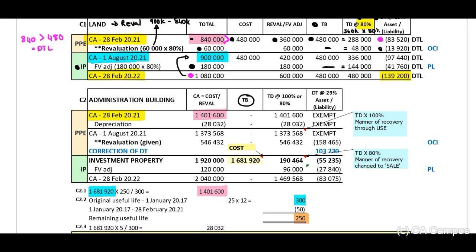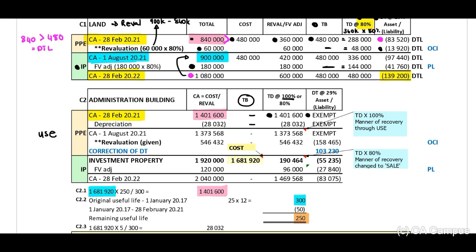Remember, this is an admin building. What will the tax base be? 0. There's no allowances in terms of tax, right? Therefore, our temporary difference will be carrying amount minus tax base, and this will be 1401600 based on 100%. Manner of recovery at this point of time will be through use, and no deferred tax,